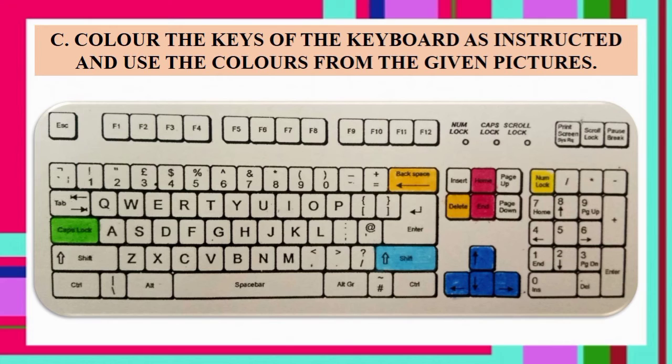Shift key, color of sky. अब color of sky क्या है? Blue. So you will do blue color in the shift key. Backspace key and delete key, color of the roof of the house and hut. Now you have to identify backspace key and delete key. Then you have to color it as same as the color of the roof. It is mustard yellow. You have to do mustard yellow.